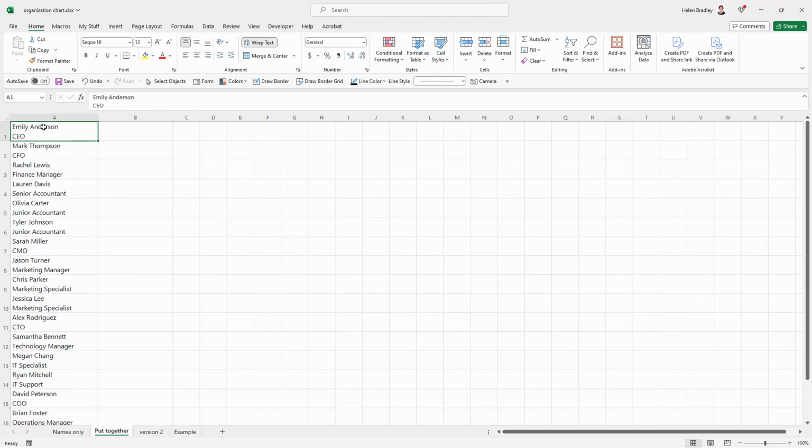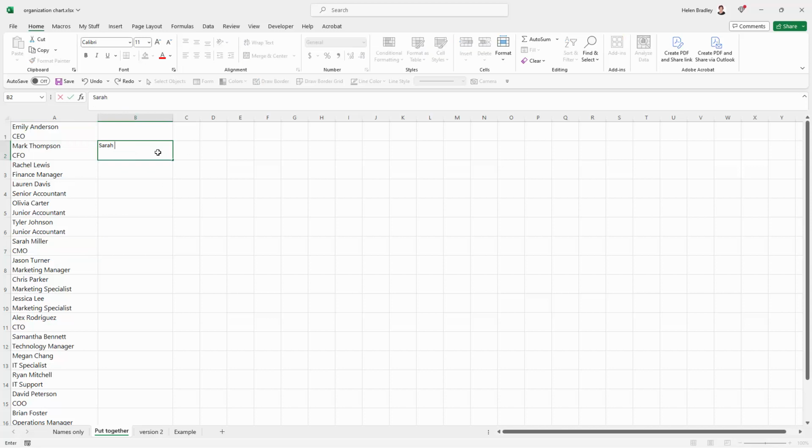In this case, I've got the person's name and the position they hold in the company within one cell, but there's 2 lines here. Every one of these cells is 2 lines. So how you do that, I'm just going to type in here just one person. Once I've typed in Sarah Miller, to get to the second line, I'm going to hold down the Alt key and press the Enter key, and that adds a second line within the cell. So you can have multi-lines within a cell, and with this arrangement, this is going to work perfectly with those